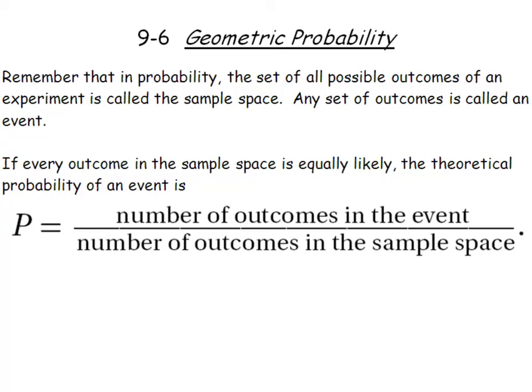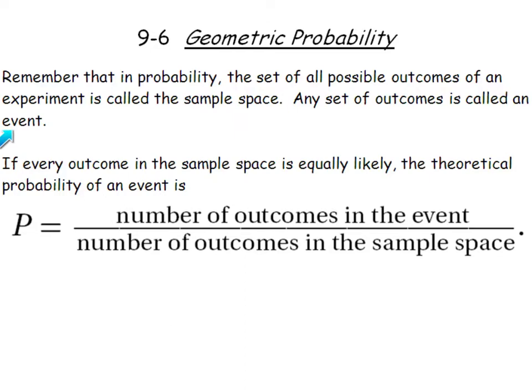So for our last section in Chapter 9b, we're going to talk about geometric probability. Hopefully you remember from your previous math classes that when you're dealing with probability, the set of all possible outcomes of an experiment is called our sample space, and any set of outcomes is called our event. So if every outcome in the sample space is equally likely, then we know the theoretical probability